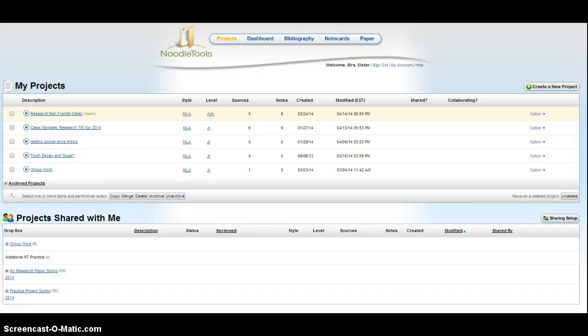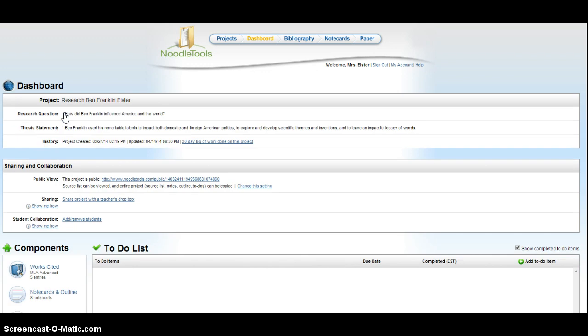Okay, I want to show you how to export your Works Cited page to Google Docs so that you can add it to your paper when your paper is completely finished. I am in Noodletools. I'm going to click on my Ben Franklin research project, coming down to the Components section,